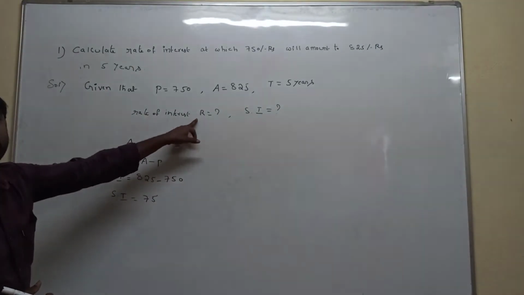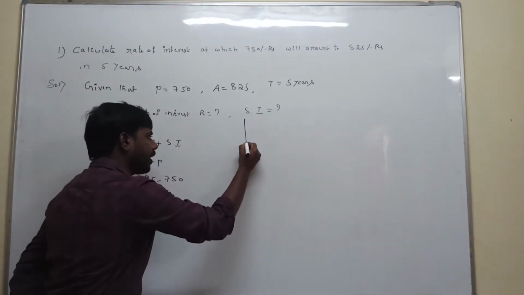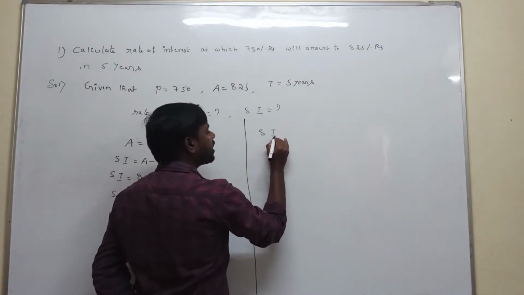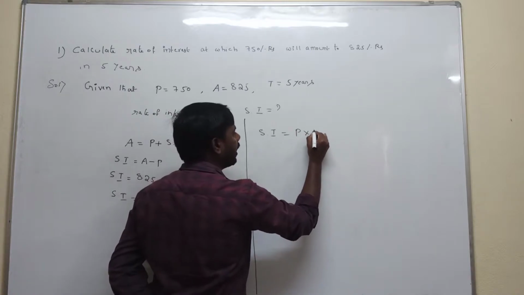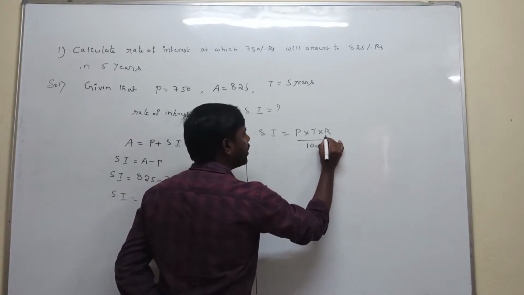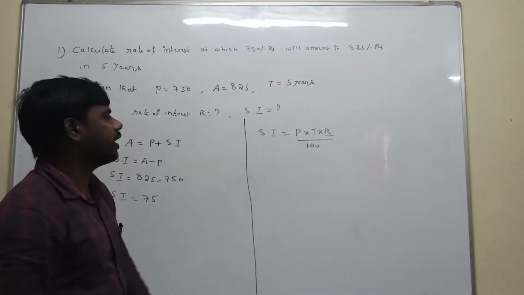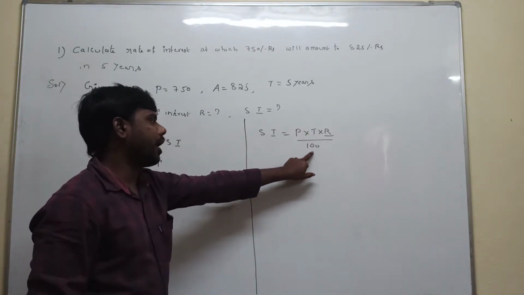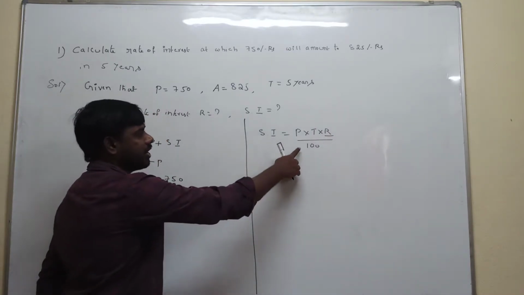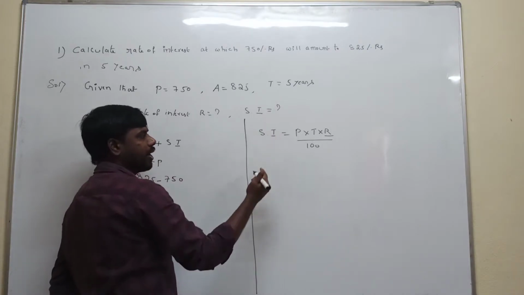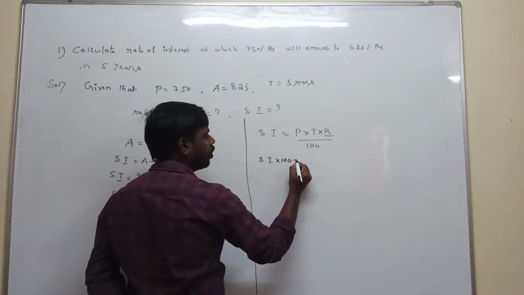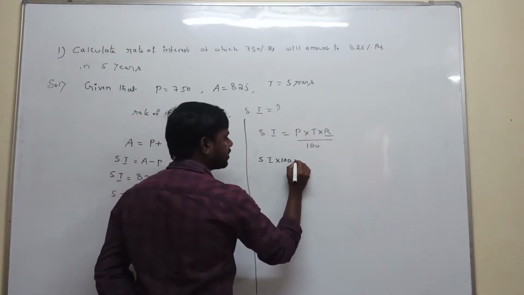Next we need to calculate the rate of interest. Now we are applying the simple interest formula. Simple interest formula is PTR by 100. So now we need to calculate the rate of interest. That's why the P value, T and 100, these three values we take from RHS to the left hand side. Now 100 cross multiplies with the LHS numerator. That's why S.I. into 100 is equal to only the remaining part on the right hand side, P